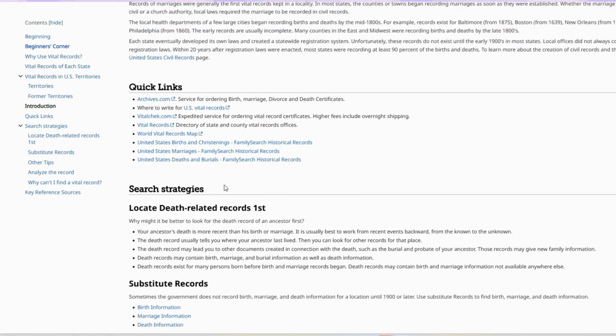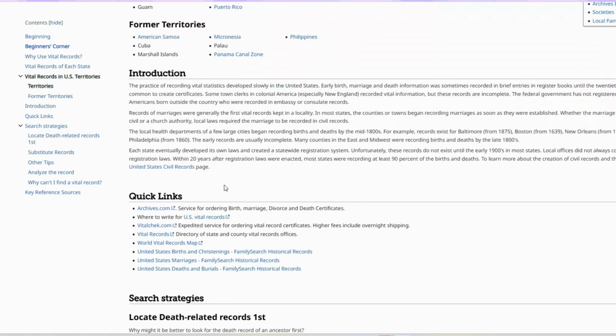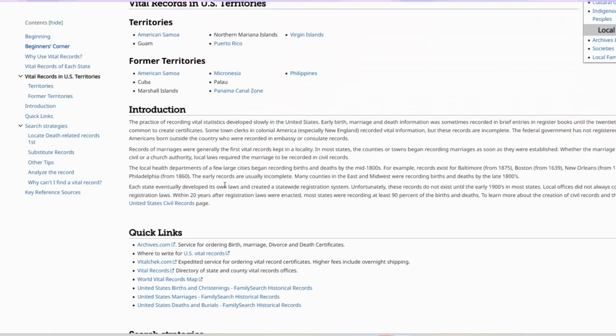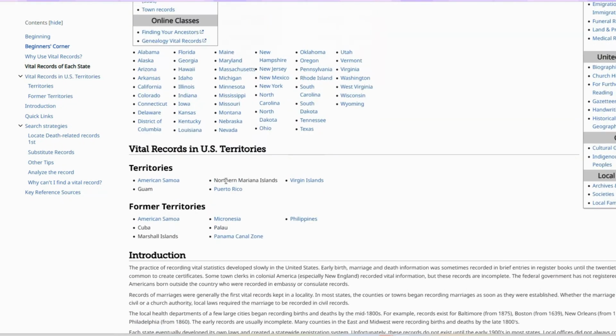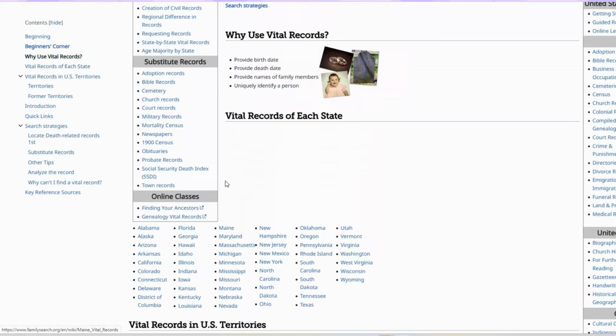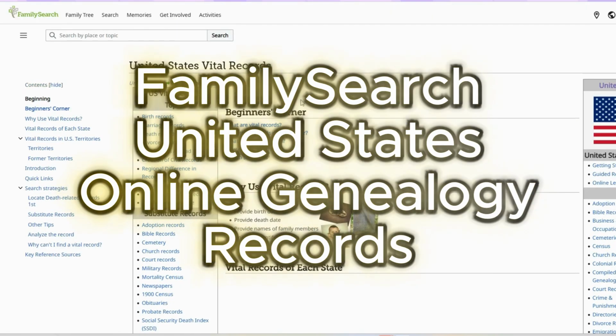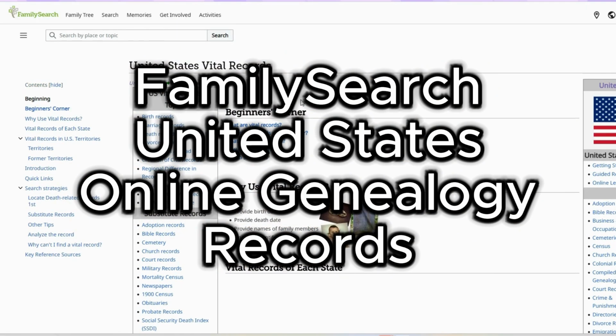This tool is especially helpful when you're trying to break through a brick wall in your research. Instead of just randomly searching databases, you can focus on the records that are most likely to contain the answers. And one more page in the FamilySearch Wiki that I want to show you is the United States Online Genealogy